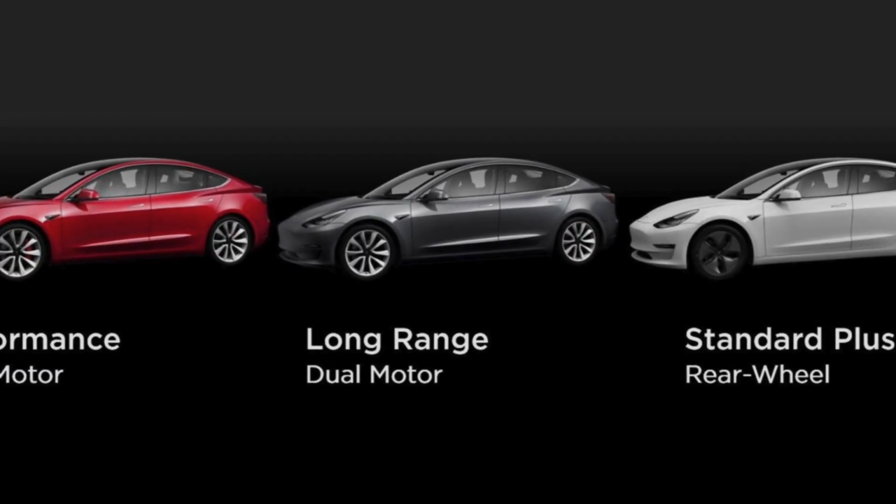Even with that being said though, I wouldn't consider this car extremely quick due to the fact that the 0 to 60 time is not the best. However, its counterparts are a little bit more jolty. You see what I did there? Jolty because it's electric. Back to the point, one of the counterparts is the dual motor long range Model 3,